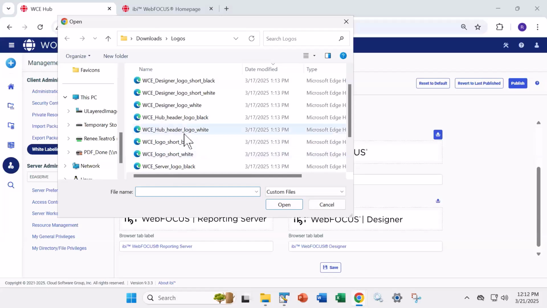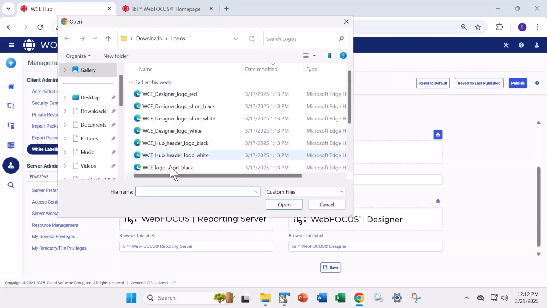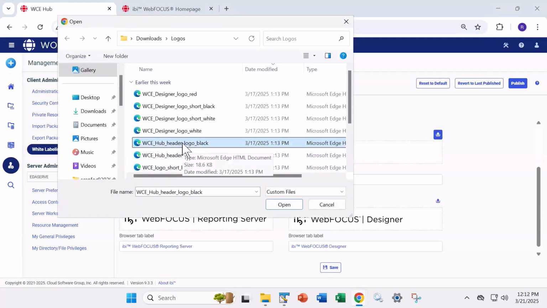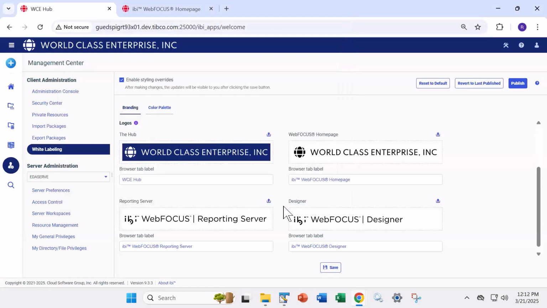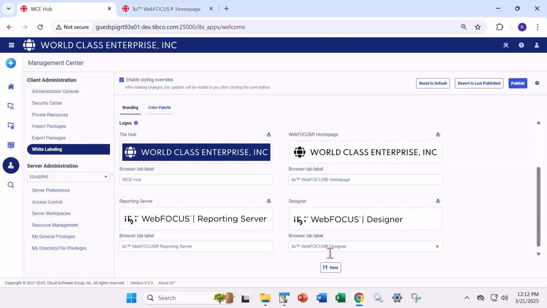But let's say I want to use the hub logo white. I just wanted to put something there. Oops, sorry, I picked the wrong one. I want black. So you can see how you can make changes, and it was a good thing to do, actually. Let me pick the black one because that's the text color that I want to see. Now you can see I have that, but I haven't saved it. So if I come over here, I still see the IBI WebFOCUS. But if I save it,